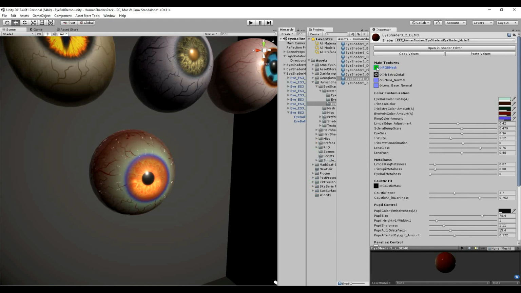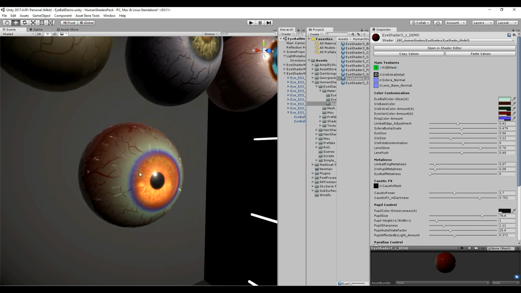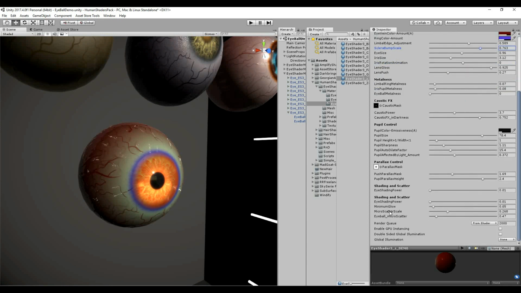Most of this is driven through this mask and this iris extra detail. These two, the sclera normal, that matches up with this, the green channel here, and this lens base normal basically drives the lens. So it's just an extra normal map that gets blended together inside the shader. So you can push that with this lens push, and also you can make it more glossy here. You get control of the limbal edge amount just to help fine tune that blend. You've got sclera bump, so just now it's getting kind of moved around with this scattering down the bottom here,